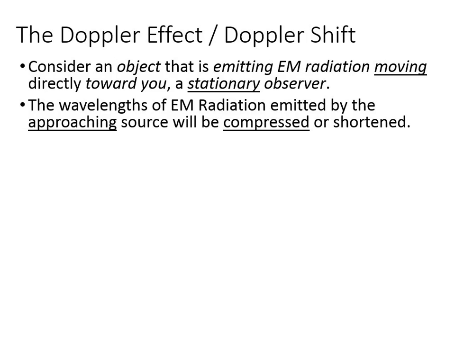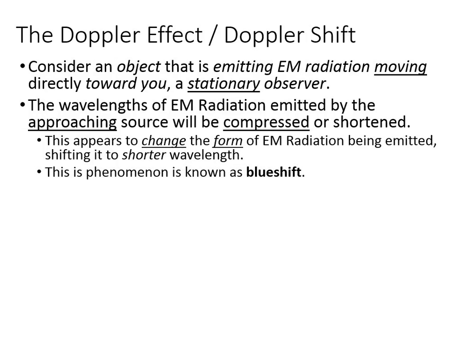It's almost, you can almost see it, and I actually have some pictures to show it to you. But if I have something emitting light and it's moving towards me, picture the wavelengths, they will be shortened. So literally the wavelengths will be shortened. Shorter wavelengths have consequences. They can move up in color, they can move up in energy. We could have something that was violet be actually ultraviolet, okay? And we see that here on Earth, and we definitely see that in outer space. So the fact that it's shortened is called a blue shift.